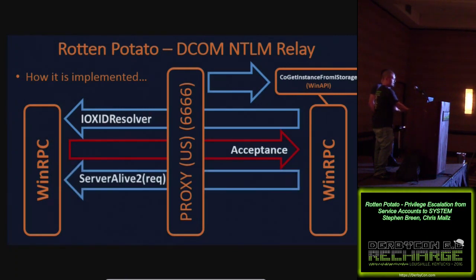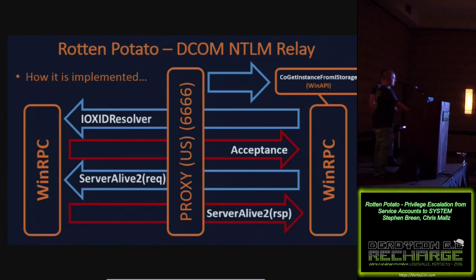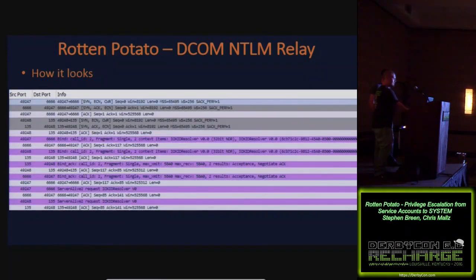So it sets all this up, and this is what it looks like in Wireshark. RPC is really kind of complicated, and I didn't want to dig too much into the protocol, so I kind of chose the easy route, but that's basically what it does to set up everything. So once you get that all out of the way, then you can actually have it authenticate to you.